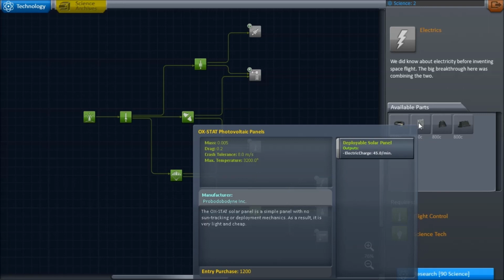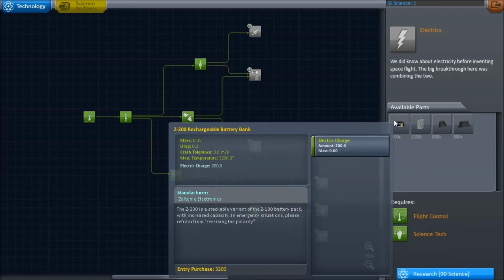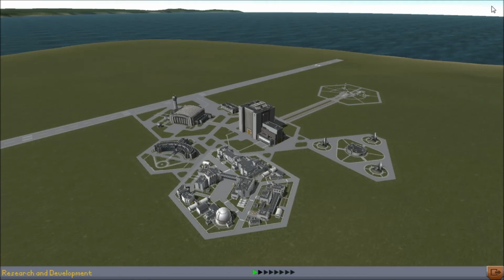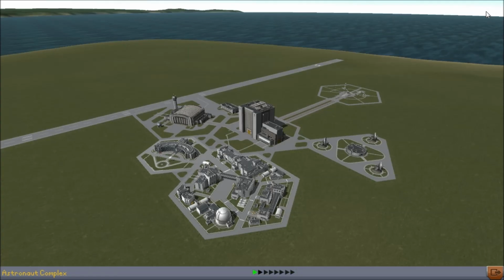Then we really got to do some science to get ourselves some photovoltaic panels. Yes, yes, yes! All right, guys. We have some awesome astronauts. Jebediah, Bill, and Bob have all done some science experiments for us today. It's been a great episode. I hope you guys enjoyed it. We will see you next